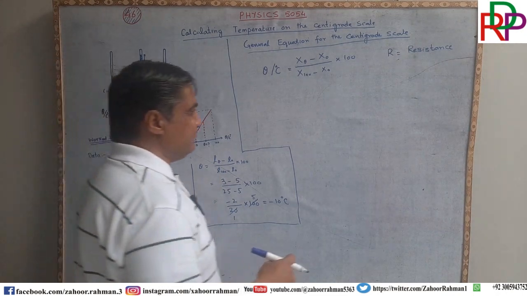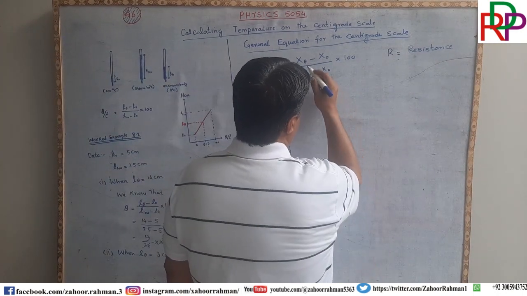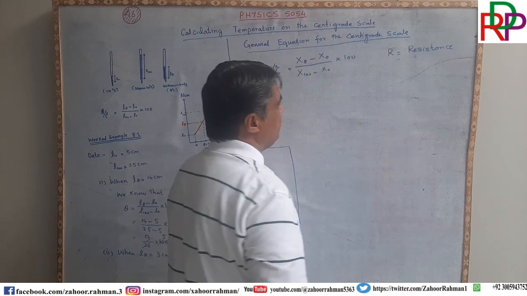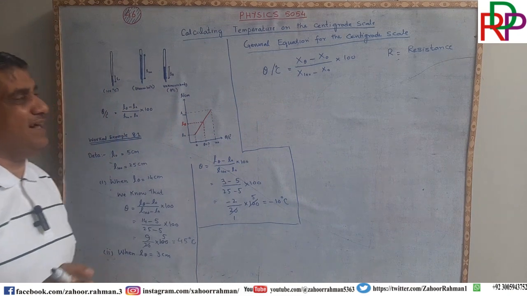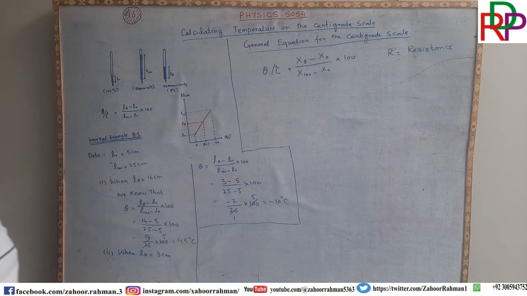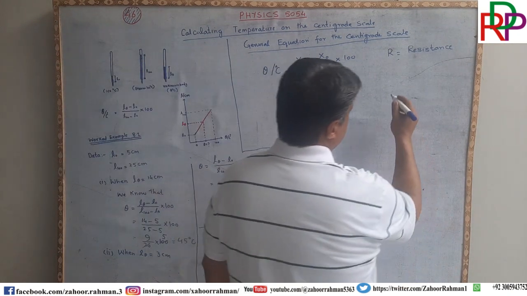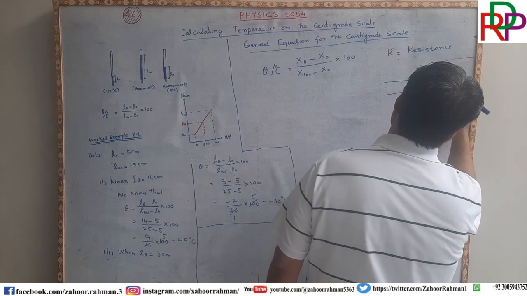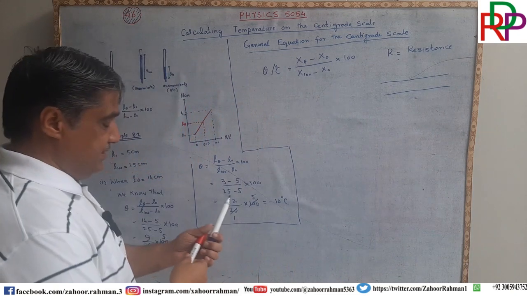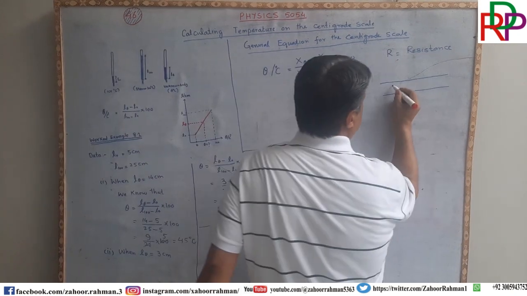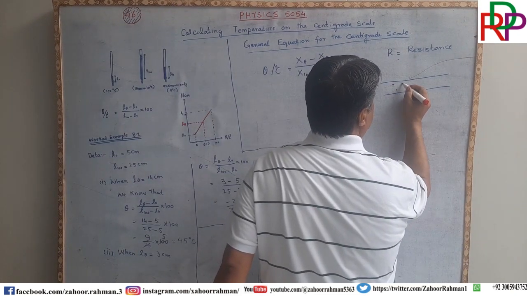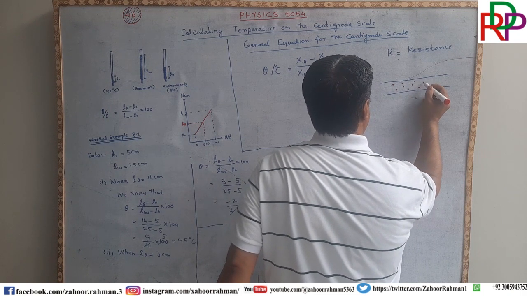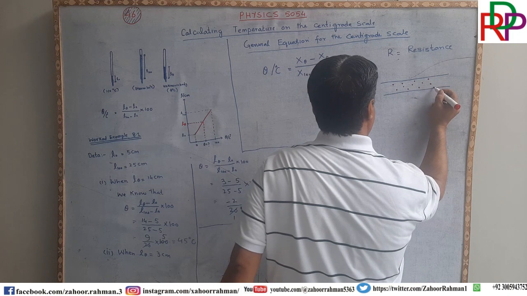And when we are finding this equation, we have to find the resistance of that wire at 100. Remember, ladies and gentlemen, let me explain this concept of resistance a bit. There are electrons which are moving in a wire,